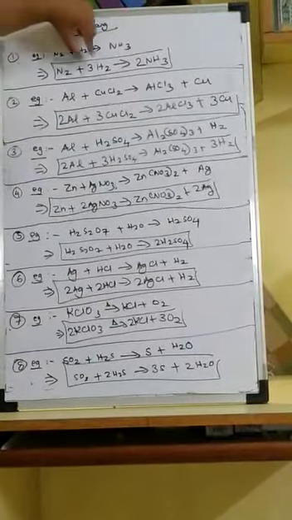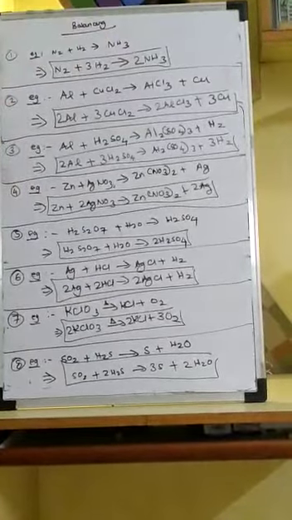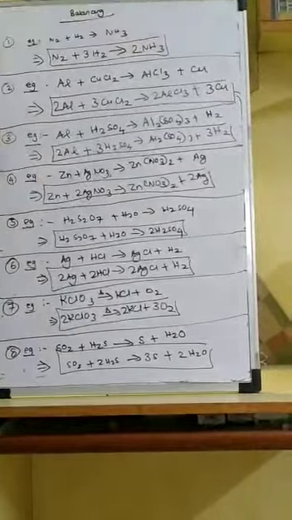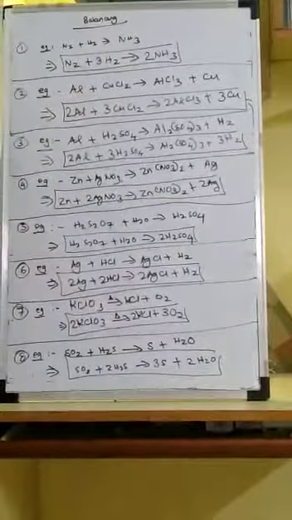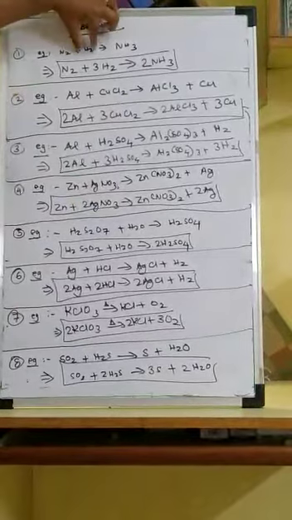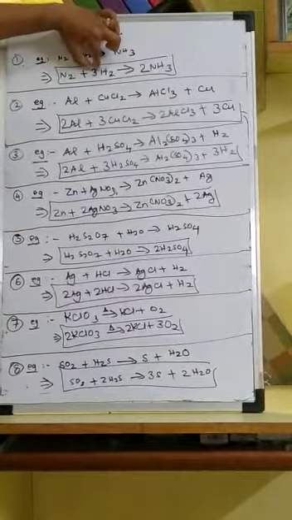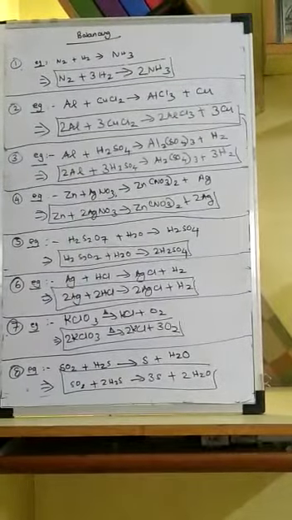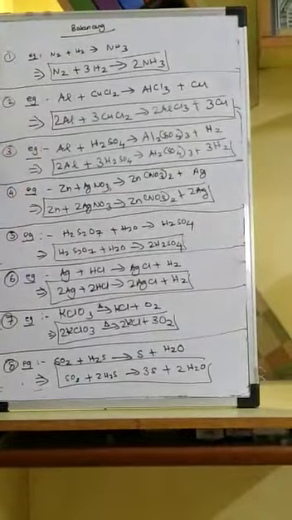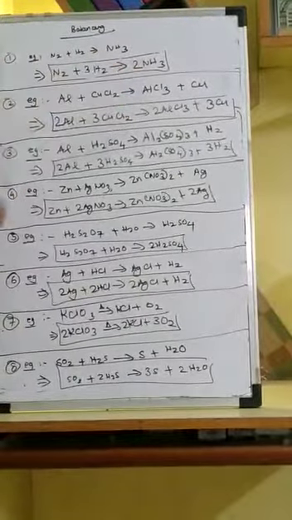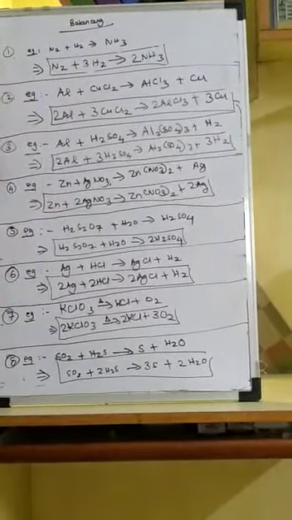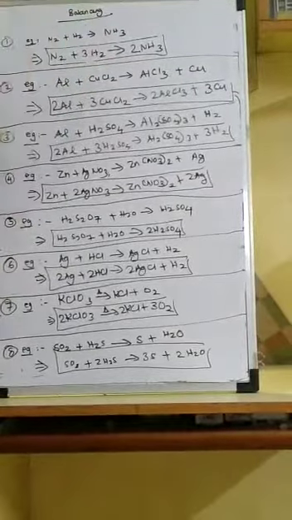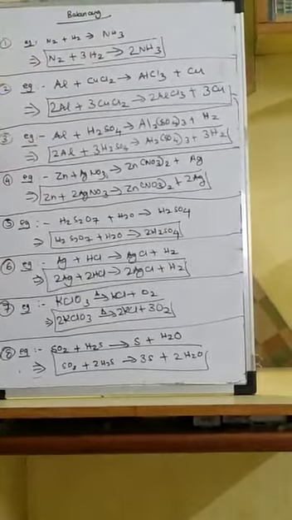So I make the stoichiometric coefficient of hydrogen 3 and the stoichiometric coefficient of the ammonia 2. 3 into 2 is 6, 2 into 3 is 6. So hydrogen gets balanced. In that process, nitrogen automatically gets balanced because once you juggle this for hydrogen, we have two nitrogens here and two nitrogens here. So it stands balanced with two nitrogens on the LHS and the RHS respectively, 6 hydrogens on the LHS and the RHS respectively.